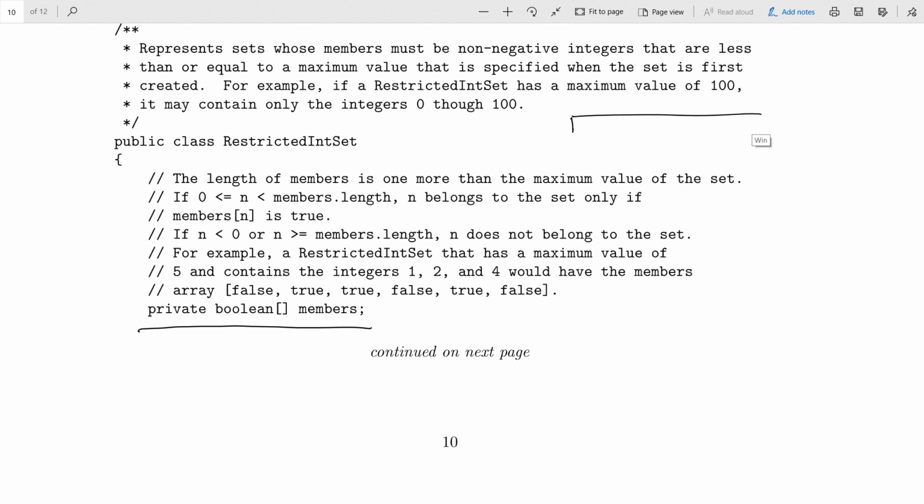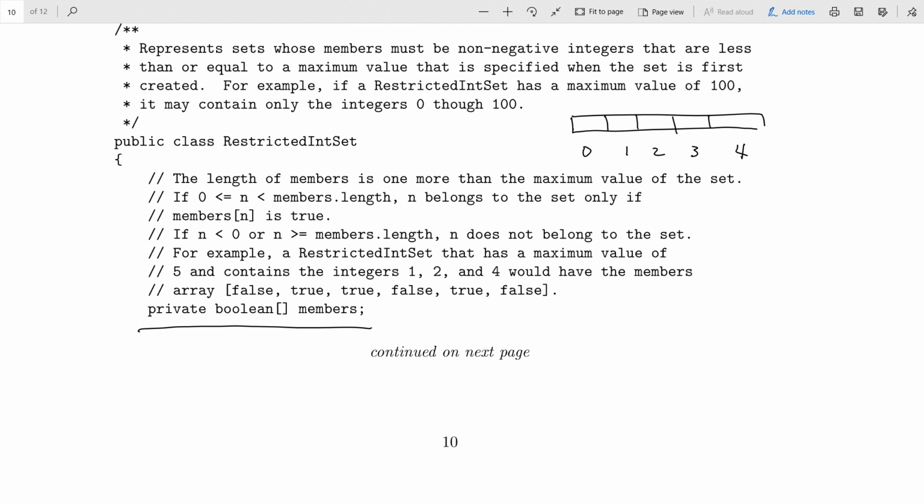Suppose you had an int set where the values went from 0 to 4. So there can be 5 possible values, 0, 1, 2, 3, and 4. How could we use an array like that, where the values are booleans, to represent the set?